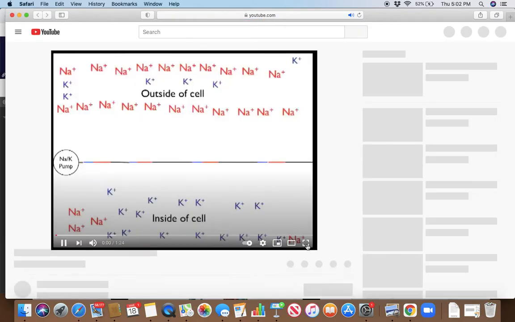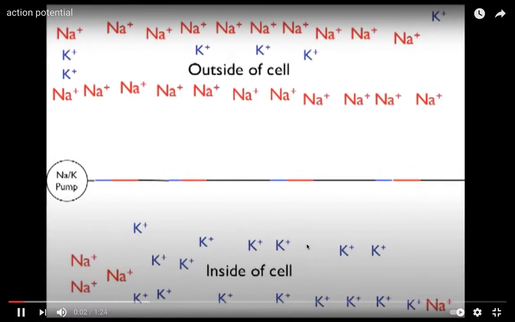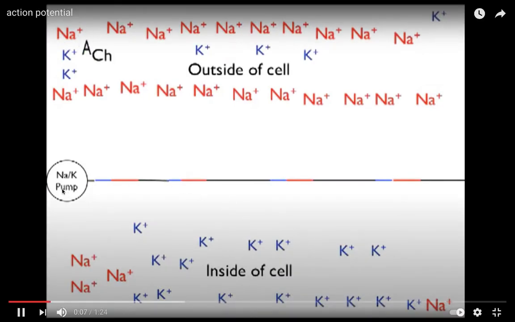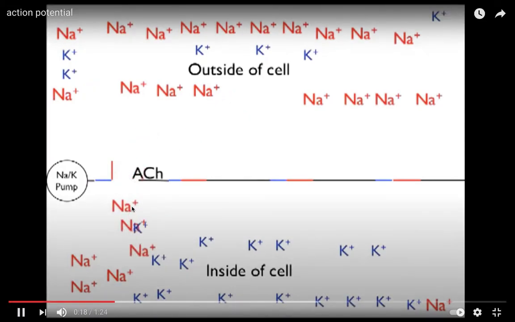And now let's watch this video where this time we've added potassium channels, so repolarization we'll see, and we've added a sodium potassium pump. Again, acetylcholine is going to bind to a chemically gated channel here. Open the sodium channel, sodium will enter, and then this sodium is going to come in contact with this voltage gated channel. Its positive charge opens this voltage gated channel,